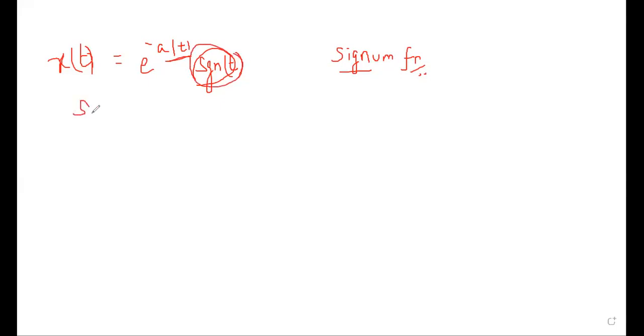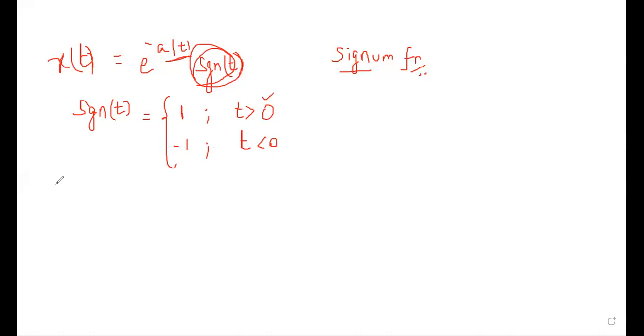So you write down in your notebook, SGN of t is a function whose value will be equal to 1 when t is greater than 0. Make a note when t is greater than 0. And this value will be equal to minus 1 when t is less than 0. So SGN stands for signum function and its value is equal to 1 when t is greater than 0 and it is equal to minus 1 when t is less than 0. So now I am going to find the Fourier transform.